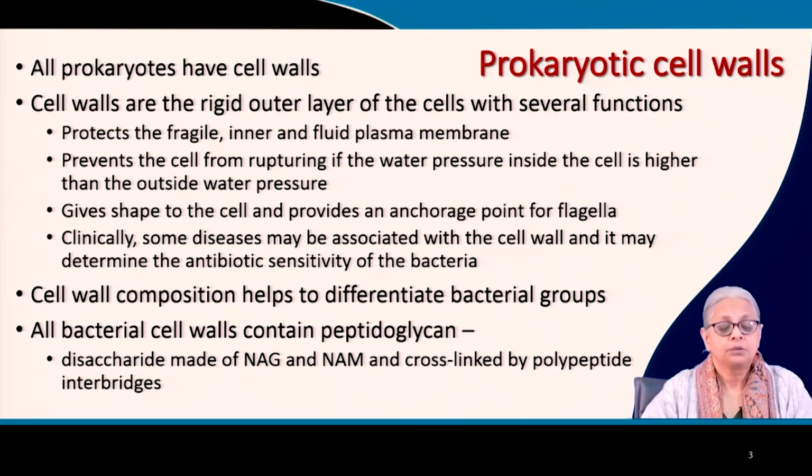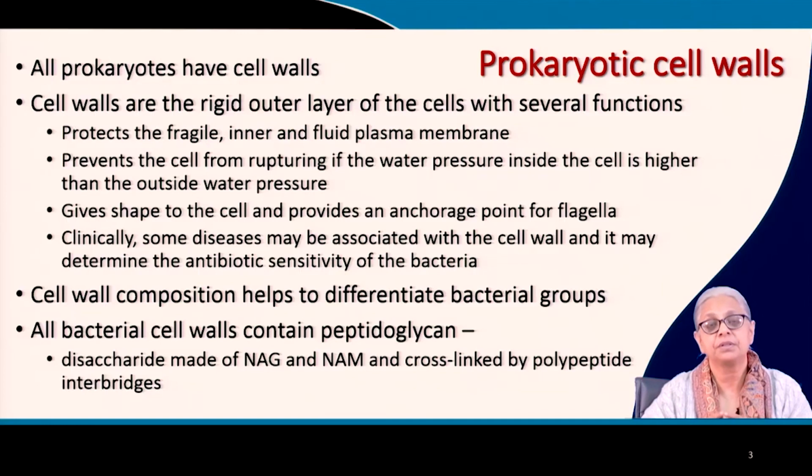cell wall. So we know that for living as independent organisms, the first thing that allows them to live independently is the cell wall. So all prokaryotes have a rigid cell wall. So these cell walls, like I said, are rigid outer layers of the cell, and they have several functions to